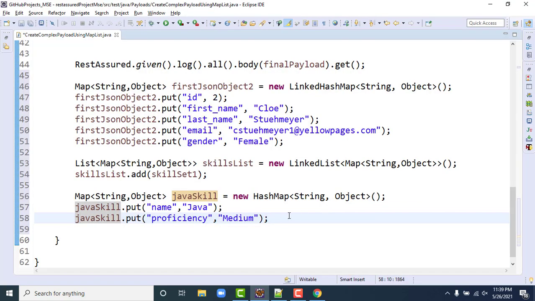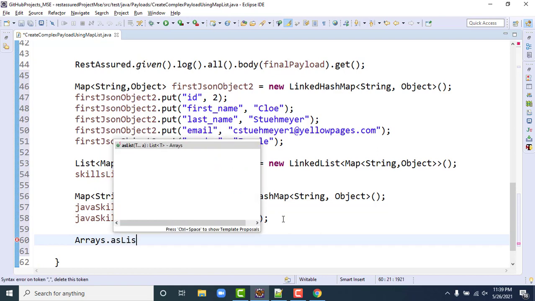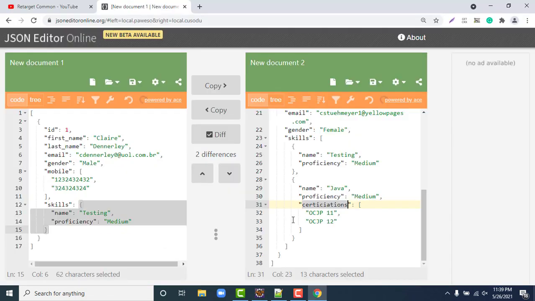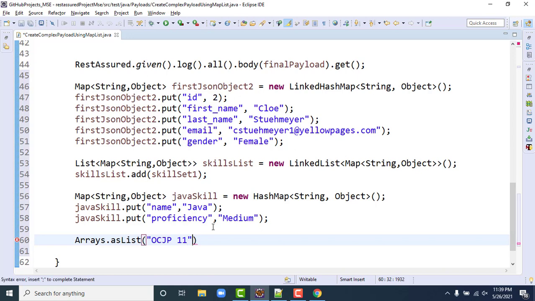So what I can do, Arrays.asList. I will add both the certifications, and it will be a list of string.